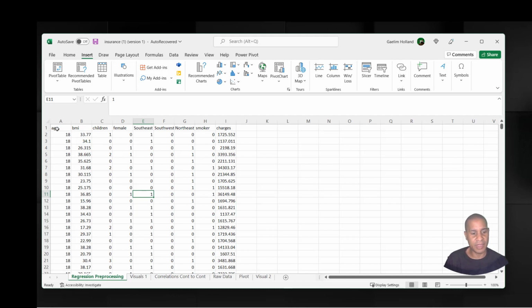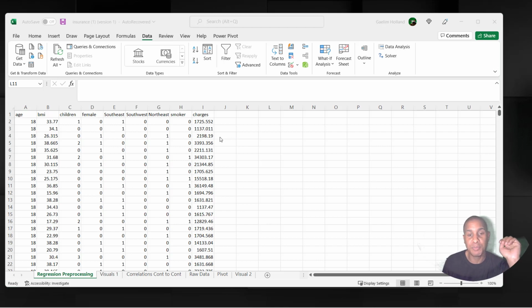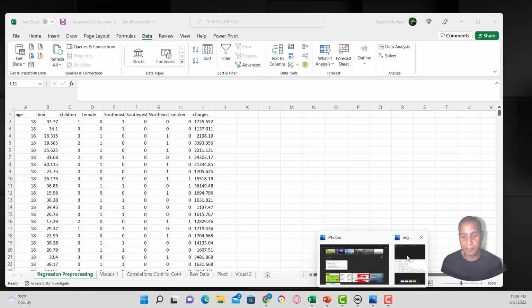So if we look at this, we want to be able to explain the charges based on each of these variables. And this is called multiple linear regression. So as we saw when we did our correlations, we could see the slope between the two variables. So what we want to be able to do is create a slope with each one of these variables that is able to describe the changes in the charges. And that looks like